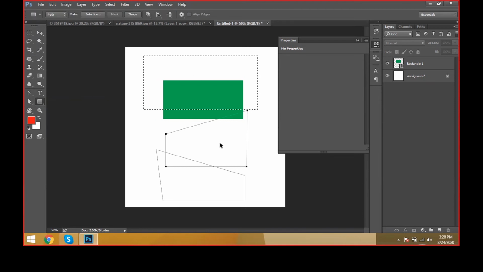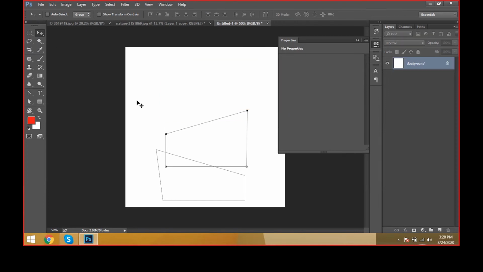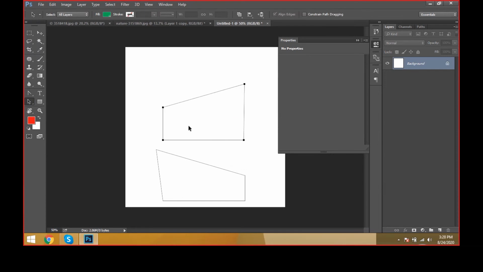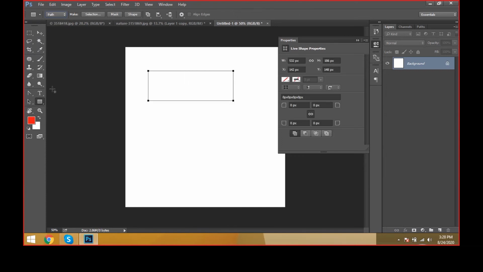Now Control D deselects the selection, and if you would like to delete the layer, you can delete the layer. And if you would like to remove these path points also, you can select the path selection tool, select it and delete. Okay, and with the rectangle tool, I'm just keeping the path point only. I can take it like this, and I would like to adjust with the direct selection tool these path points like this,